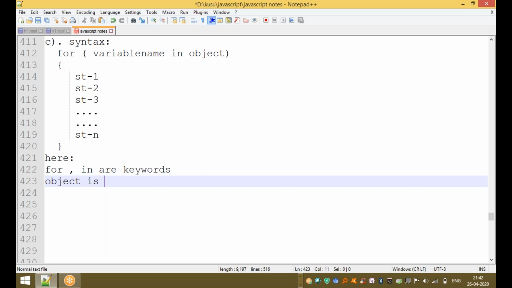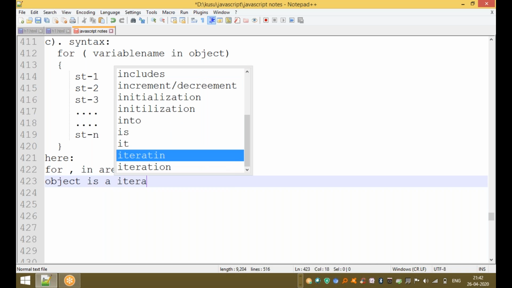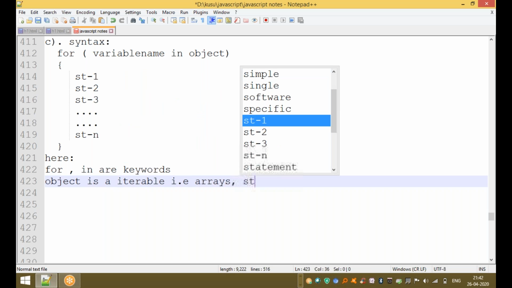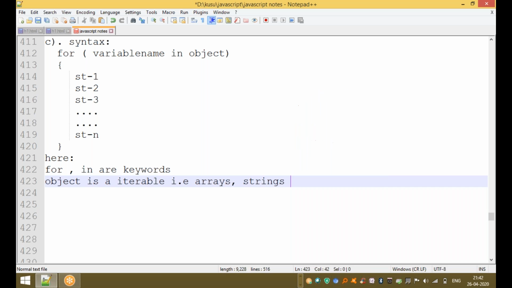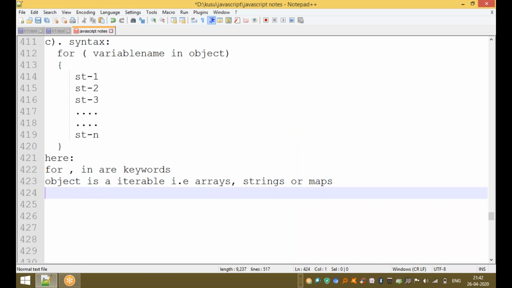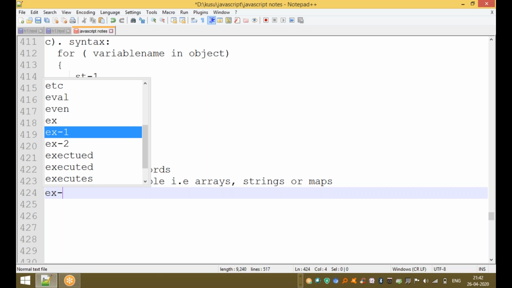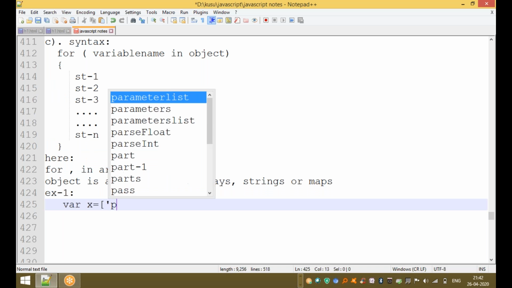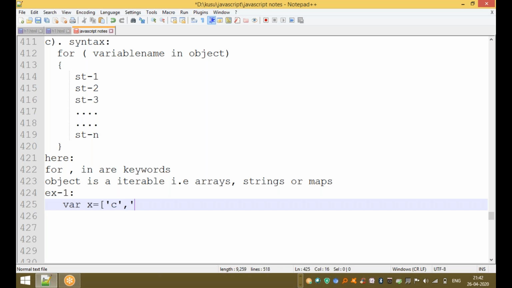The object is an iterable, that is either an array, a string, or a map, anything in JavaScript. For example, x is equal to C++ and JavaScript.